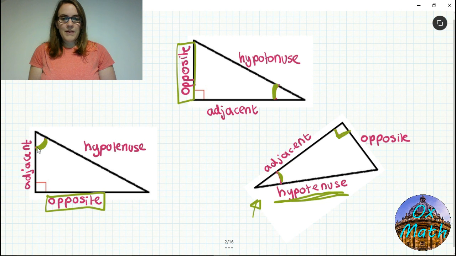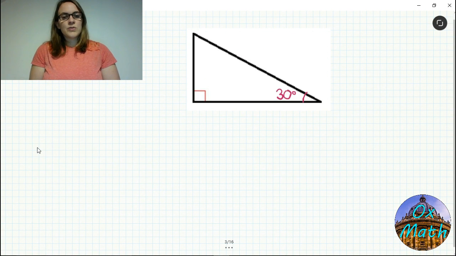We are then thinking about this angle, so our one opposite that is the one over here, which leaves our adjacent to be this side. So it's important you know how to label the three sides of a triangle to be able to use trigonometry correctly. So if we drew out a triangle, a right angle triangle with 30 degrees, and make the hypotenuse have